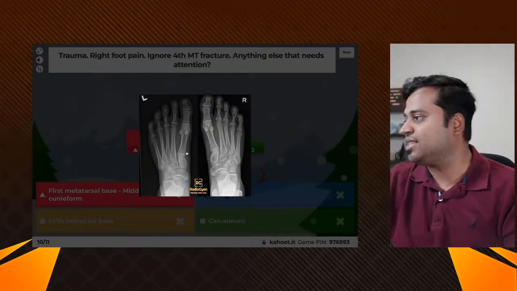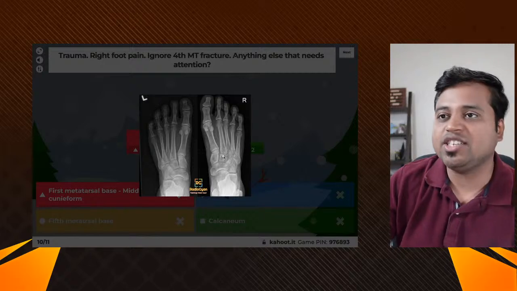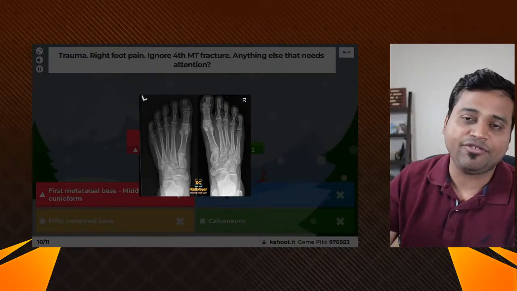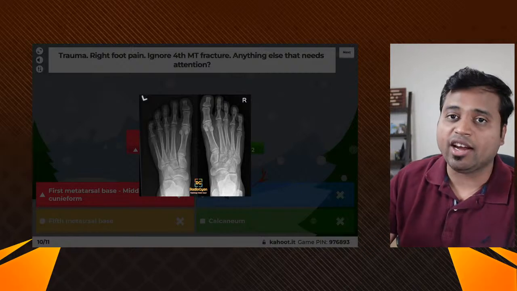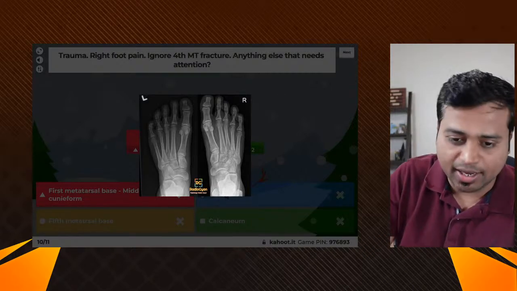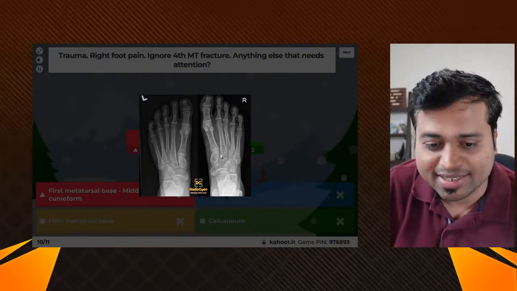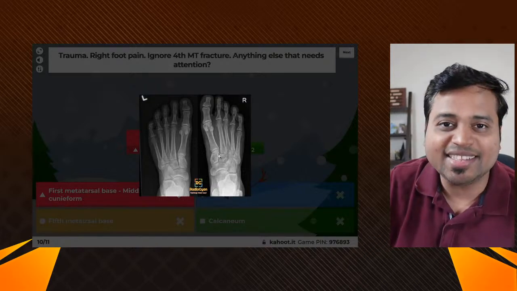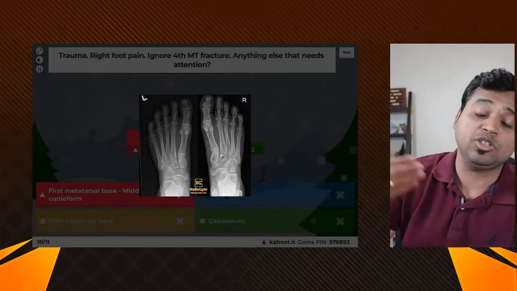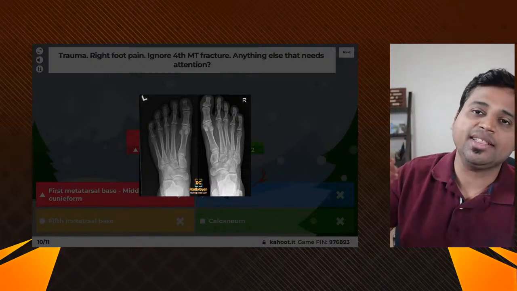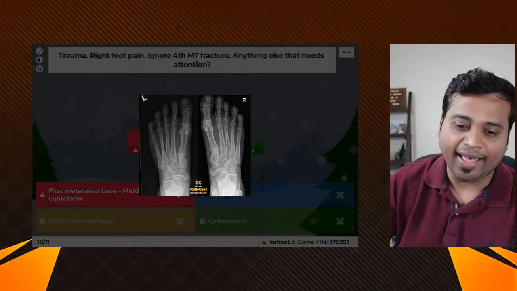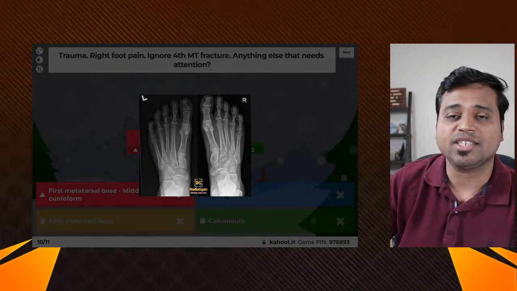Okay, so this was a case of, along with that fourth metatarsal fracture, this patient had a Lisfranc ligament injury, and that was very subtle. If you zoom in on your devices, there is a subtle small density close to the middle cuneiform. So that's where the Lisfranc ligament attaches. So one attachment is the middle cuneiform, and the second attachment is the base of the first metatarsal. So